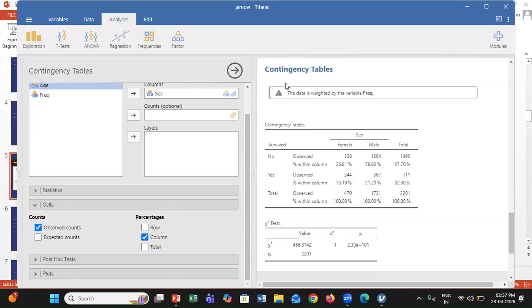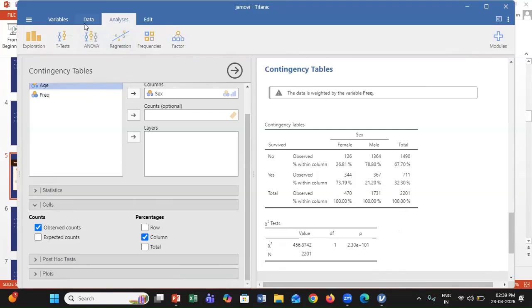Check the contingency table, where the data is weighted by the variable frequency, and under the contingency table, you could see that a higher survival rate among females exists compared to males. These findings align with historical accounts, validating our analysis.